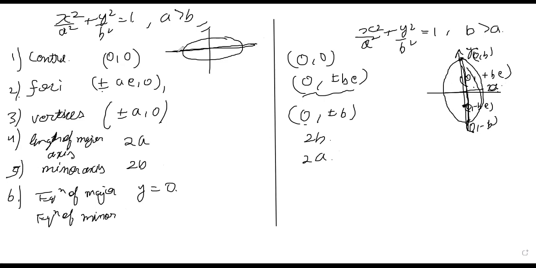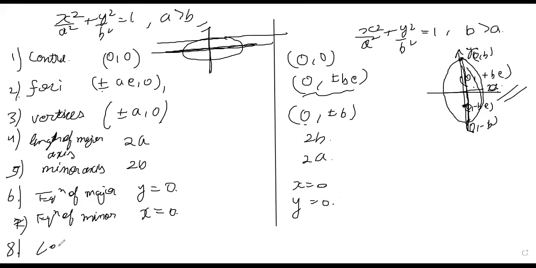Yes, because if we write y equals to 1, it will look like this. So y equals to 0 will be like this. And the equation of the minor axis, this will be the minor axis, is x equals to 0. And for this case, the equation of the major axis is x equals to 0, and the minor axis is y equals to 0.